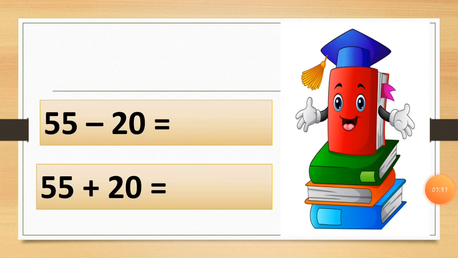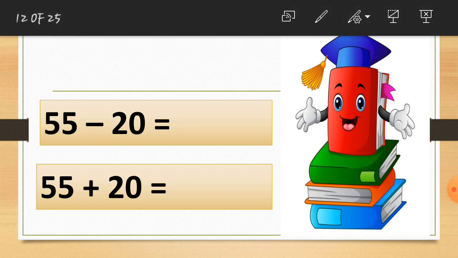Here is the next example. So let's solve this example through the shortcut method and we'll check the answer in the hundreds grid also. So here we write this ones value as it is, as I told you. Here is the ones value. You can see the ones value is 5. So I write 5 here as it is.